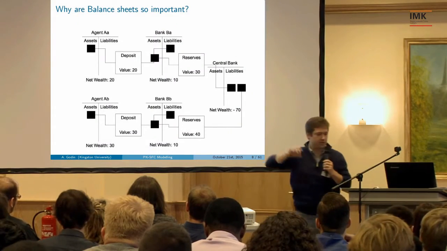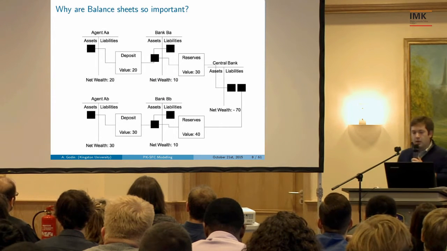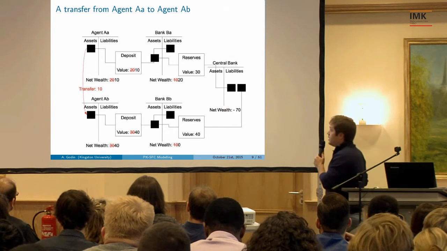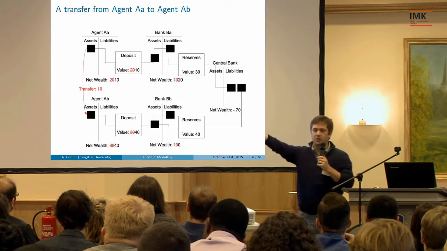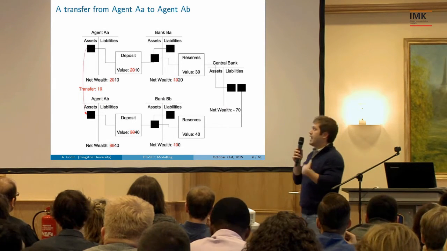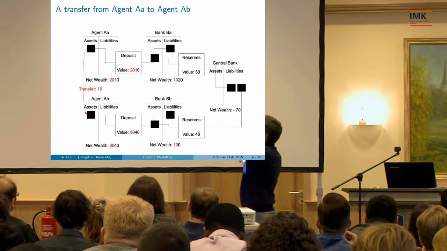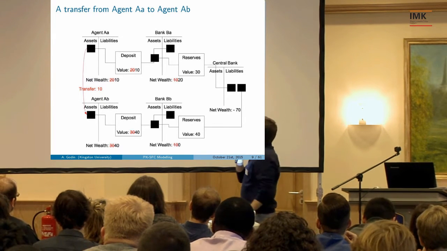So you have a very simplistic economy where you have two agents. And they hold deposits at two different banks. And these banks hold reserves from the central bank. Very, very simplistic. There's much more than that, but just for the sake of the argument. Let's say that agent AA wants to pay 10 to agent AB for anything. Maybe they bought bread or anything. It doesn't really matter. And it pays by doing a transfer from its deposits to the deposit account of agent